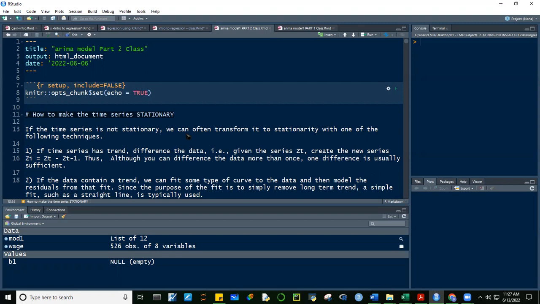If there's a trend, so it's not stationary in mean, what do we do? We difference it. When we difference, usually the trend is removed, so it becomes constant in mean, and then that differenced data can now be modeled as an ARIMA process.